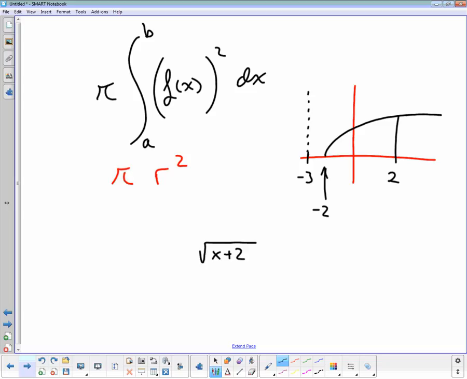All right, so what is a good thing to do is to sketch this function, just like I did. You can eyeball that. You know where these things are. You've done transformations. You know what that function looks like. And then think to yourself, what is the radius? The radius that we're spinning around is that. When this thing spins,